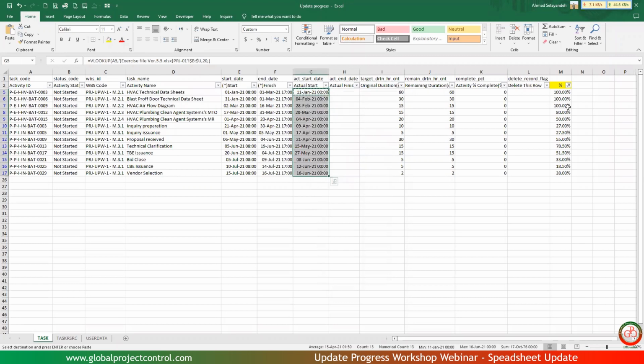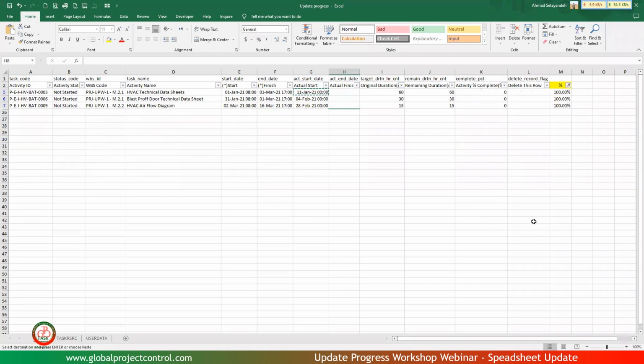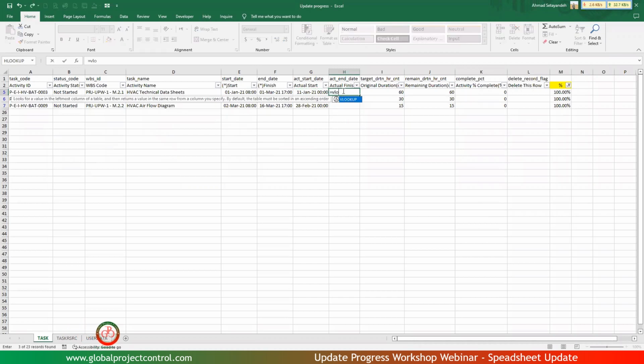So I come back to the percentage. Now, let me only select the 100% activities. Then I continue the update for actual finish equal to VLOOKUP